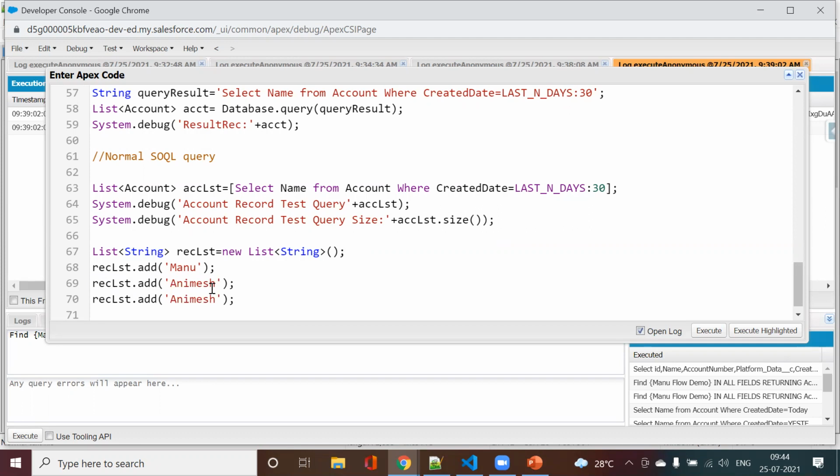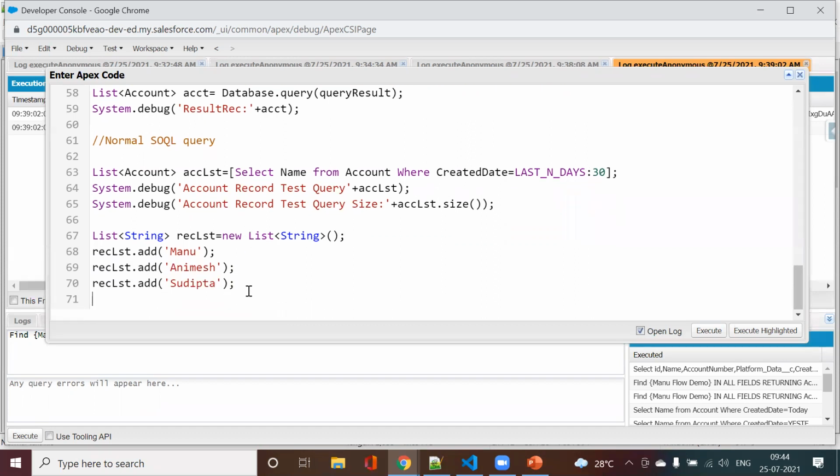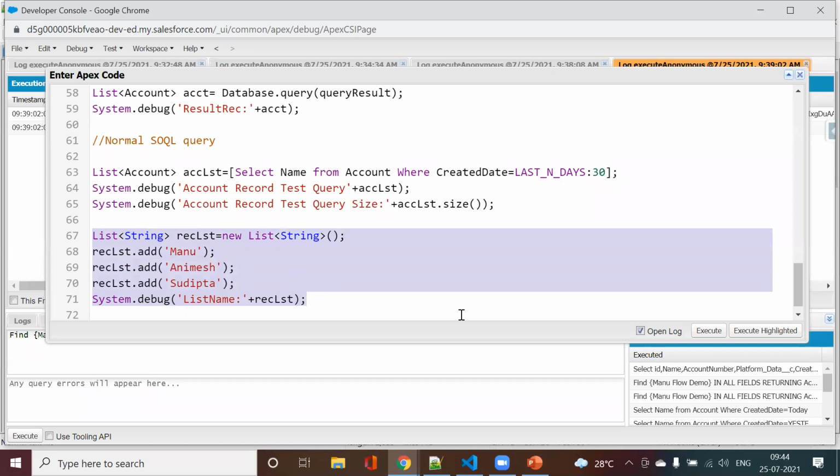Now I can debug them and just see whether these records go into the list or not.